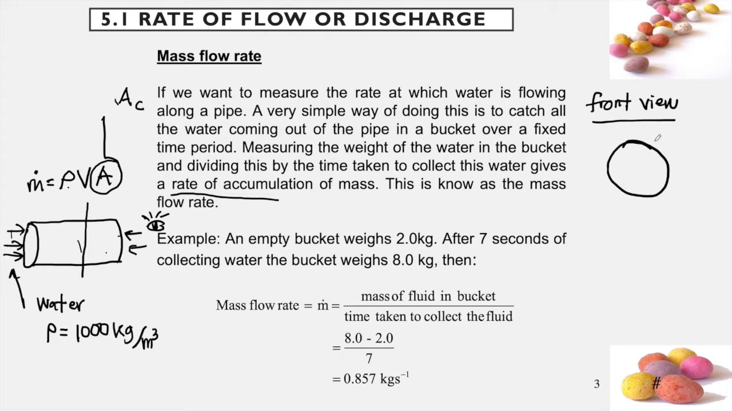So we have been given the diameter of the pipe. In the question, the diameter of the pipe will be given, for example, 4 centimeter. In order for us to find the cross-sectional area,